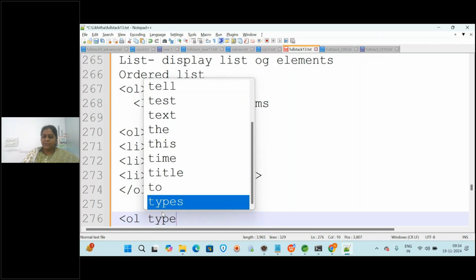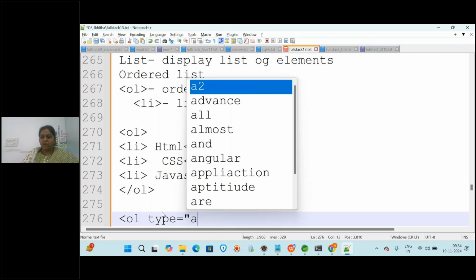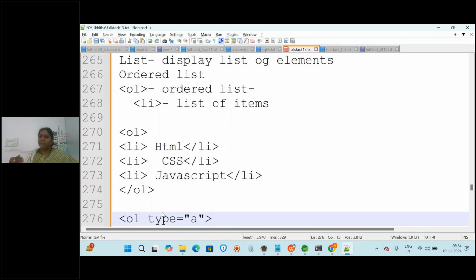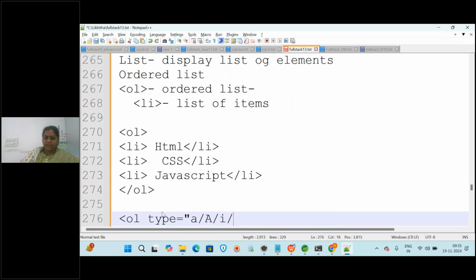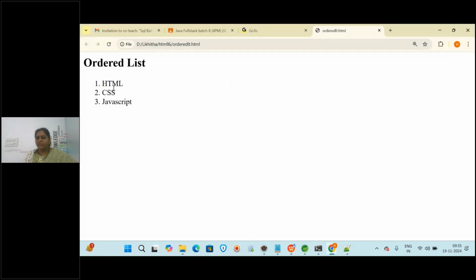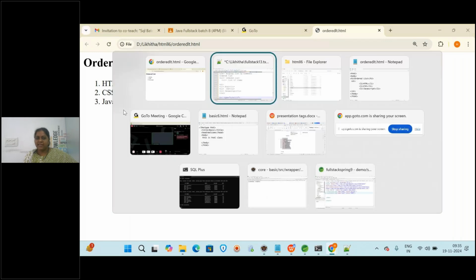Okay, so in this type I will mention a, means what? It has to follow alphabetical order, a b c, and instead of a you can also use the Roman numbers, or you can use capital A, or you can use small Roman numbers, or capital also, anything of this. So according to that it will change. By default, if you are writing in OL, it will choose numbering. But apart from numbering, if you want anything, then you have to specify this. Clear? So now in this example, by default you are getting what? Numbers. Now let us try with some other thing.